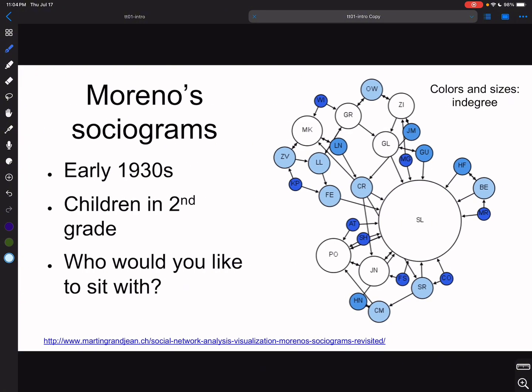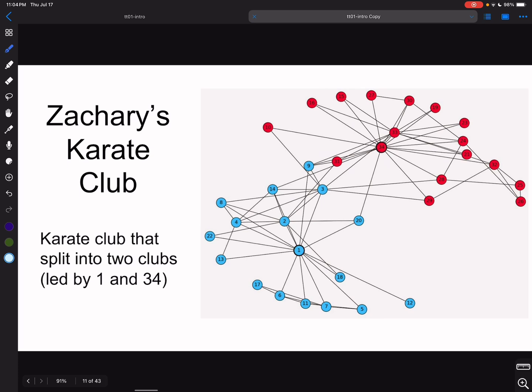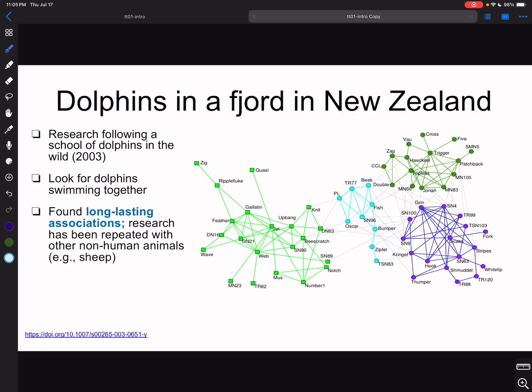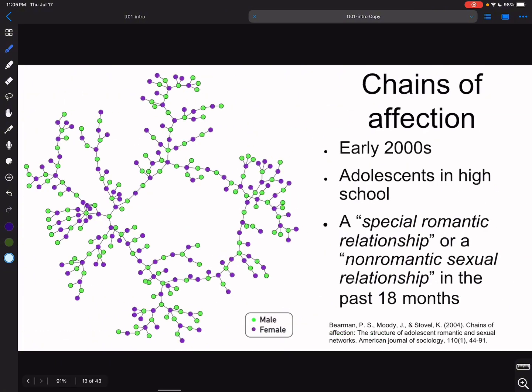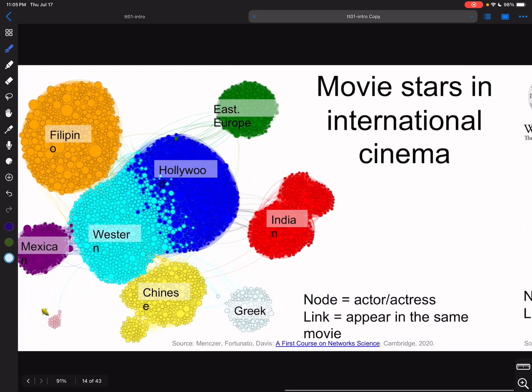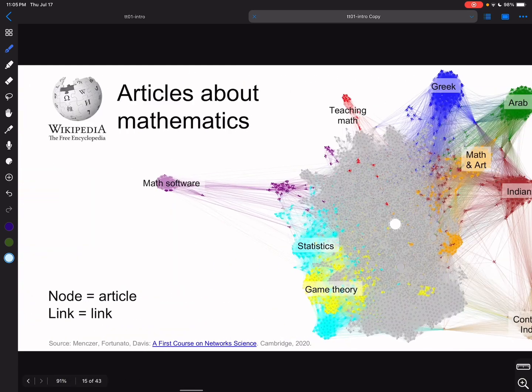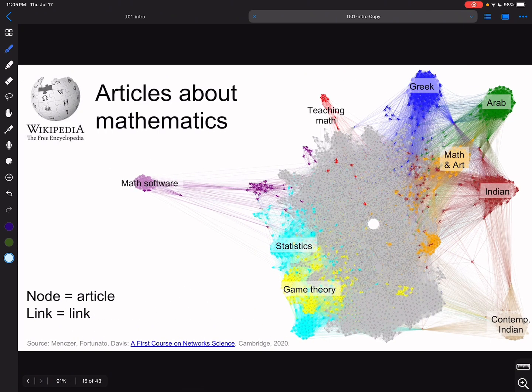Some kind of diagram related to sociology. So here, I guess, dolphins, and some dolphins swim with other dolphins, so an edge between two dolphins represents that they swim together. And more examples and more examples. Kind of a fun one, I suppose. Here, I guess, the nodes are articles published in journals, one would guess.